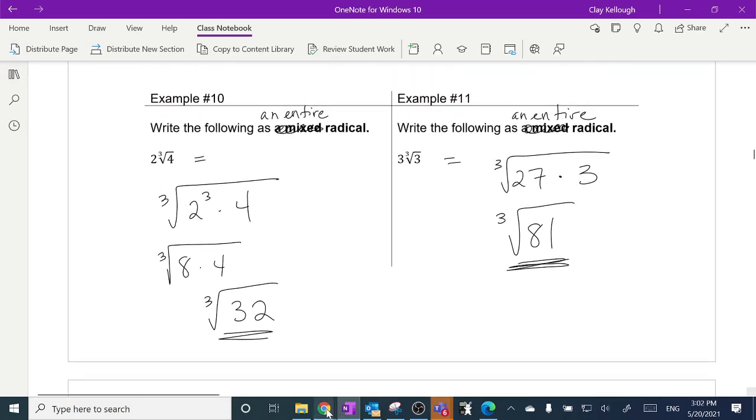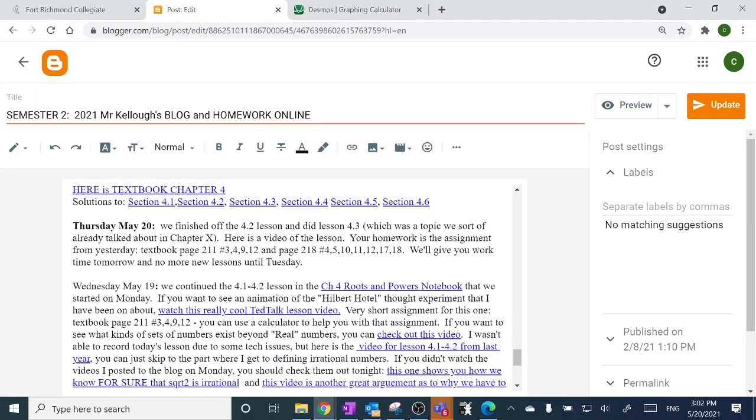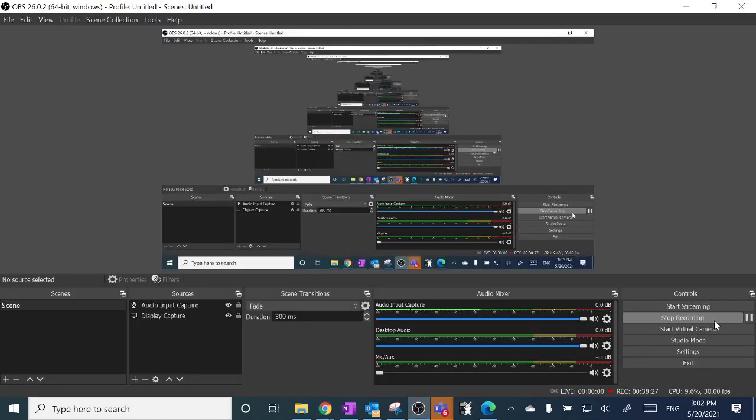So the assignment is, let me just go back to the blog here for a sec. There's the blog. So the assignment is the stuff I assigned yesterday, 3, 4, 9, and 12 from page 211. And then the stuff that we covered at the end of today's, or the beginning of today's lesson is also here. So the 4.3 stuff is right there. Questions, page 218, questions 4, 5, 10, 11, 12, 17, 18. Okay, and have I updated that? Yes, I have. Okay, so there we go. So I'm going to stop the video now, and I'll post it for anybody who